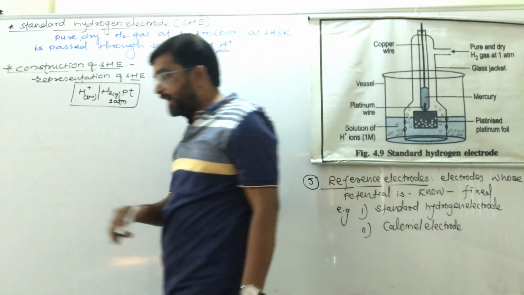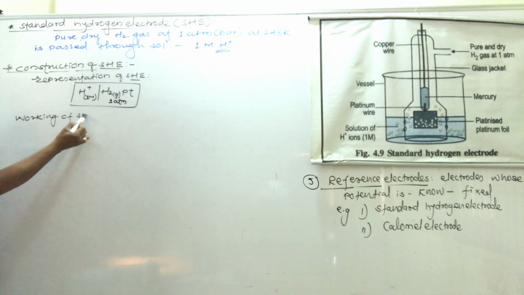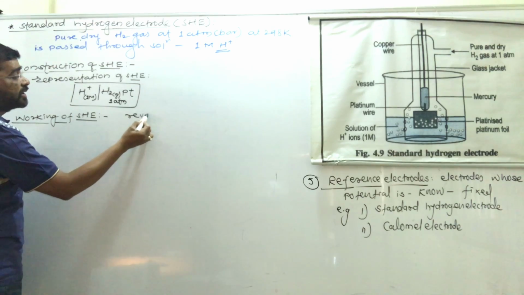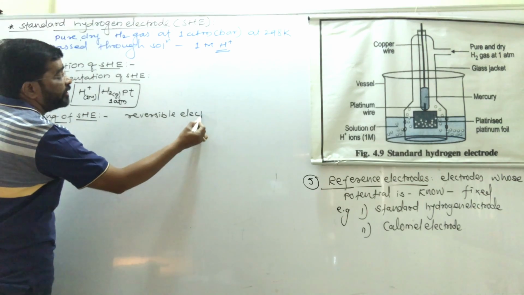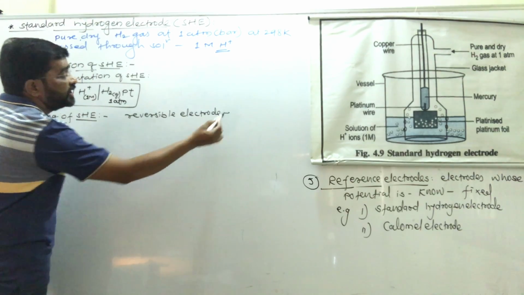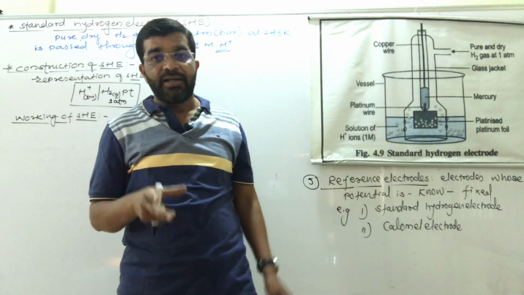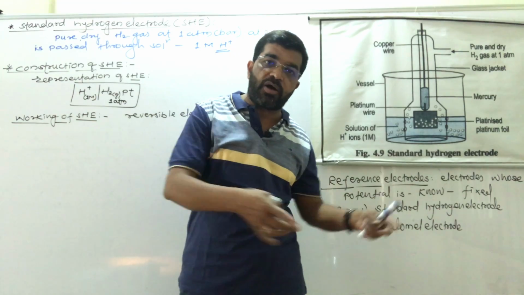Now we have to study the working of standard hydrogen electrode. Working of standard hydrogen electrode. This electrode is a reversible electrode. Standard hydrogen electrode is a reversible electrode, meaning its working depends upon the electrode with which it is connected or coupled